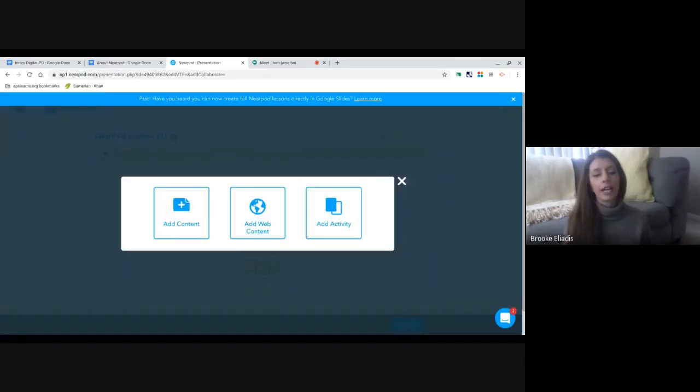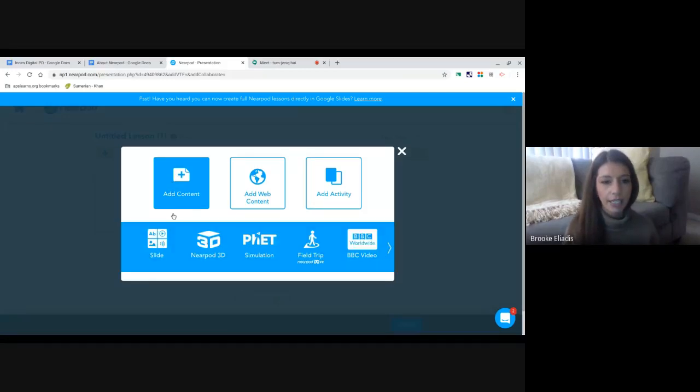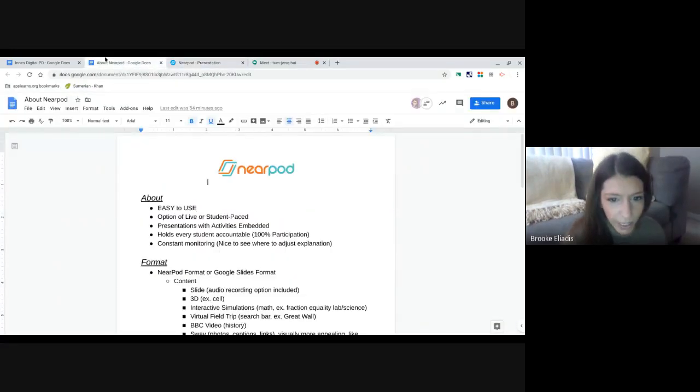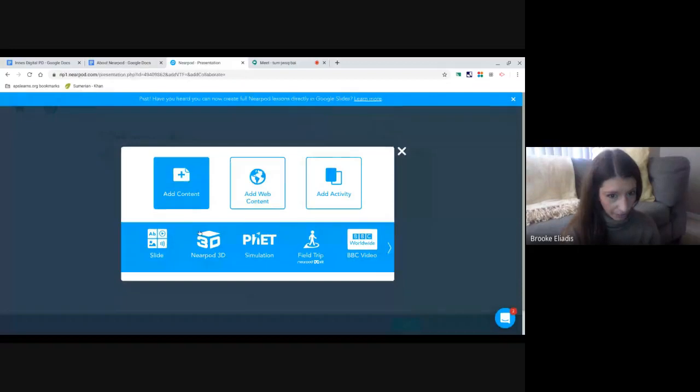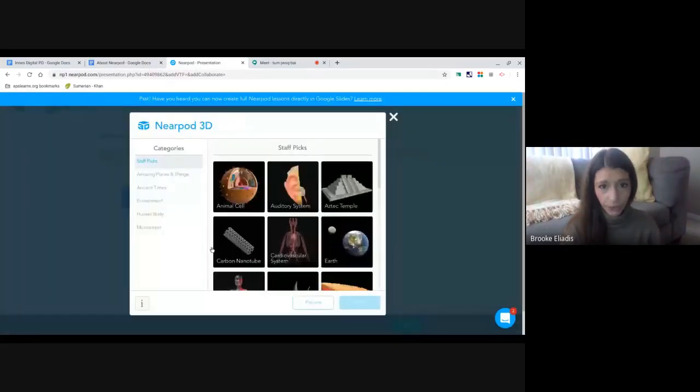And then this is where Justin was talking with all of the different options that you have. When you click add content, you could do a slide, which is like Google Slides, or you can do Nearpod 3D. You could do simulation. I was trying to think real quick. The 3D. Okay, so for Joy, science, you could do, I forget what type of cells you do, but if